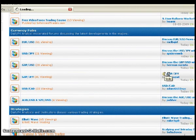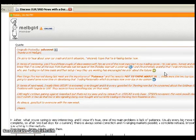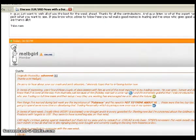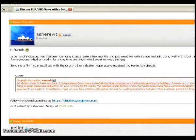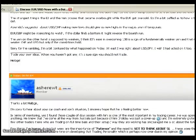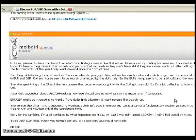And what I'll do here is, and again, I just want to really emphasize this point, it depends on your exact mindset when you're viewing. And me as a trader, I have some experience. So how I personally use the forum is I go through and read what people are saying about the euro, what their trade ideas are. I certainly try to maintain my own individual objectivity,